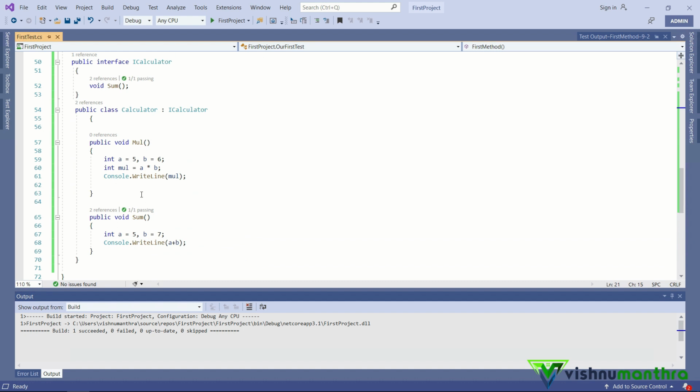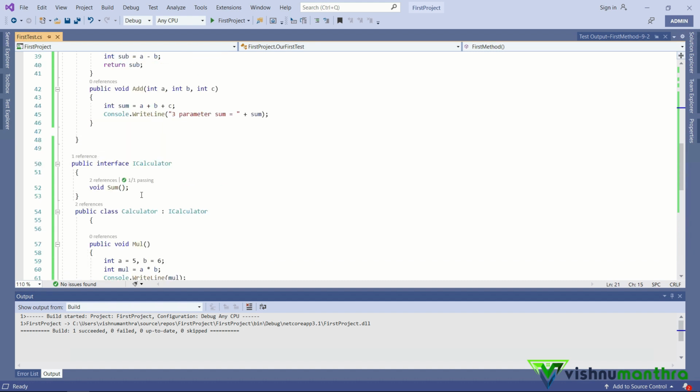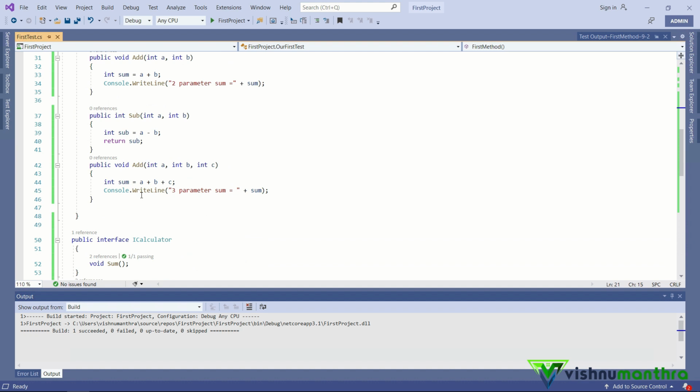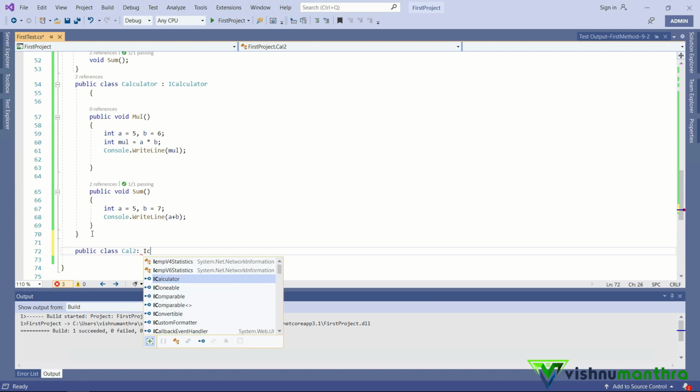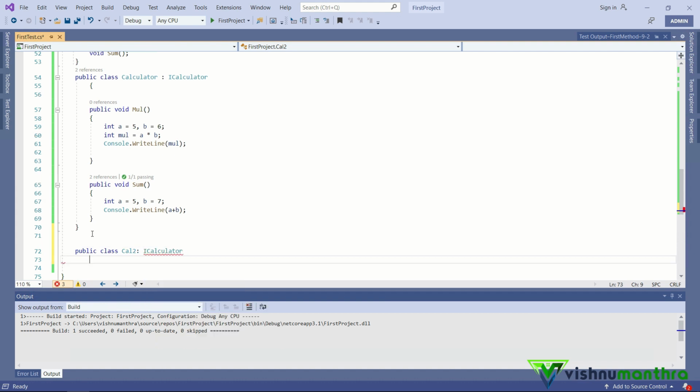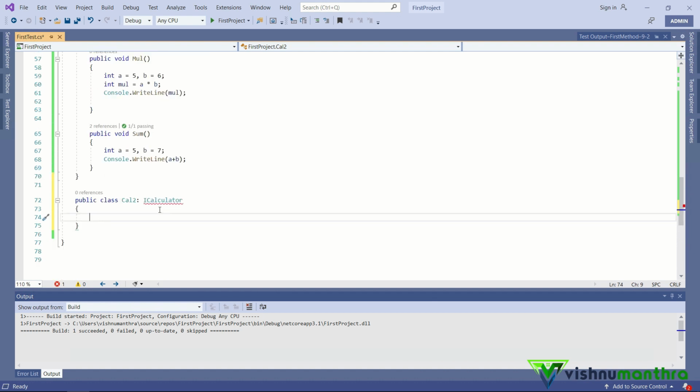Now, what we can do is have one other class as well. So I'm going to declare one other class, public class cal2, and I am going to have this interface inherited by this class as well. Okay, and here I am going to implement this method.